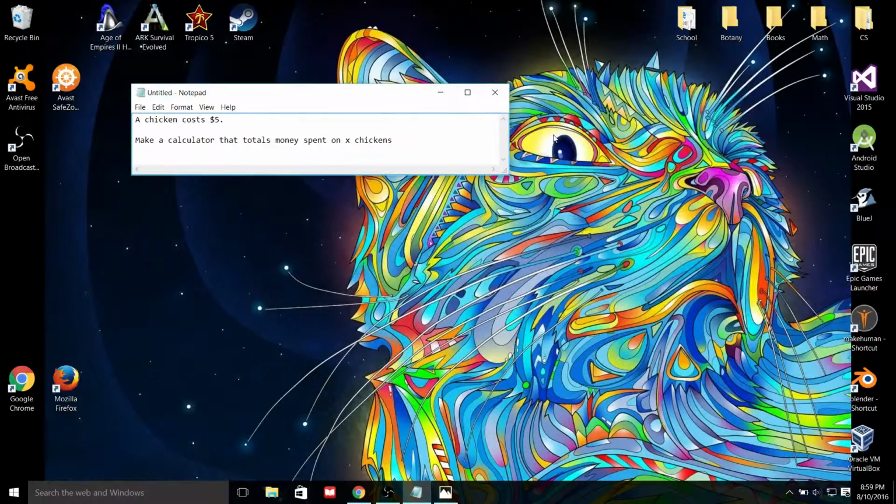Alright, hey guys. So I've been playing a lot of Harvest Moon of late, and we're going to try to make a code based off of it, a calculator that totals